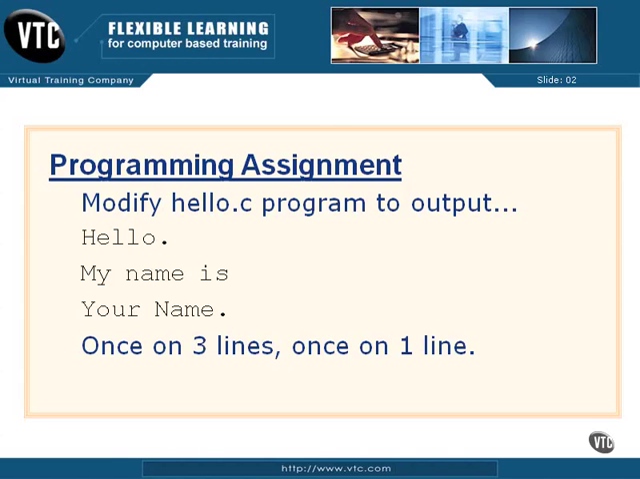So there you go. There's your programming assignment, and we'll take a look at some possible answers because there's lots of ways to do this. There's probably as many ways to do this assignment as there are programmers out there. But I'll show you the way I would have done it here in just